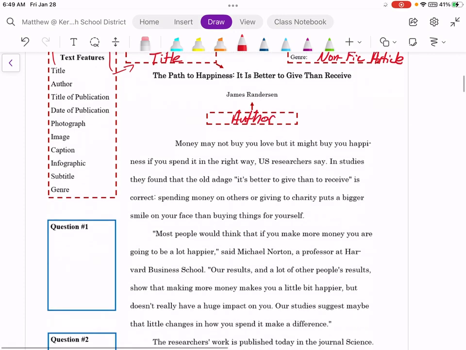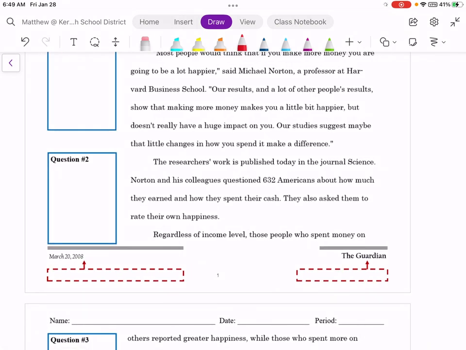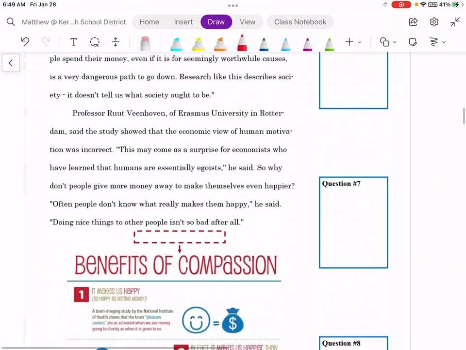Okay. Please don't forget on the bottom to do your date of publication and your title of publication. We want to make sure all of those are filled on every page.